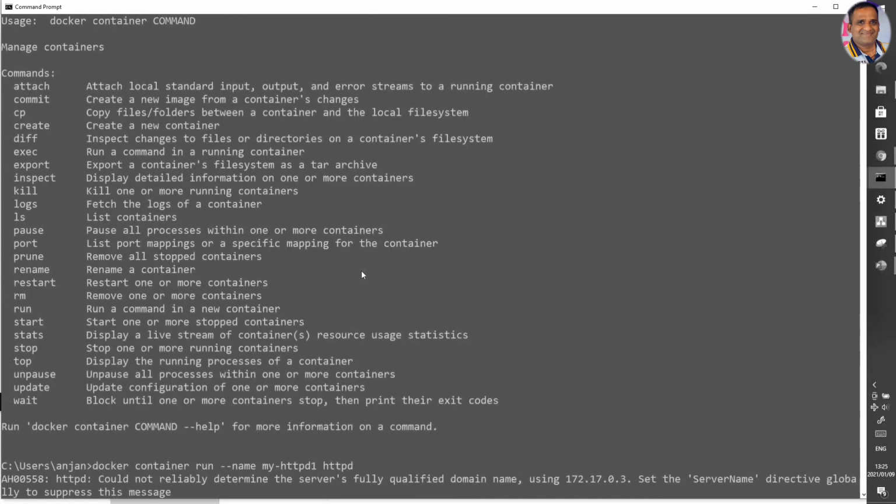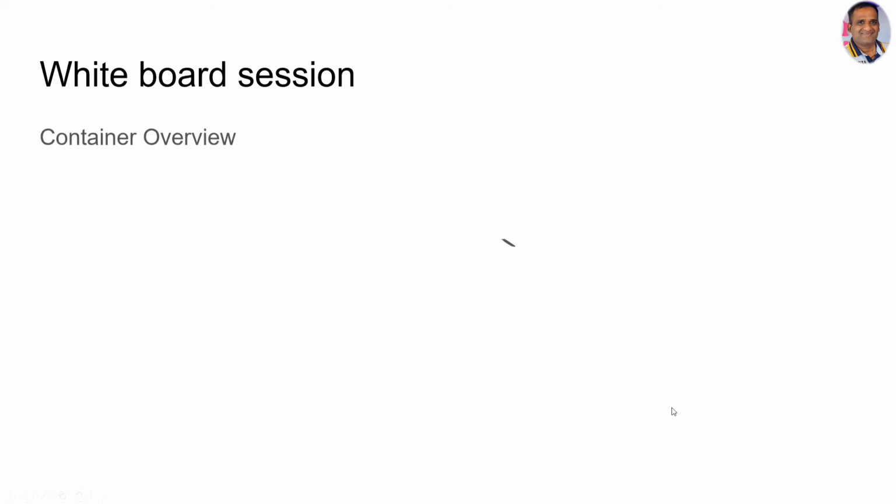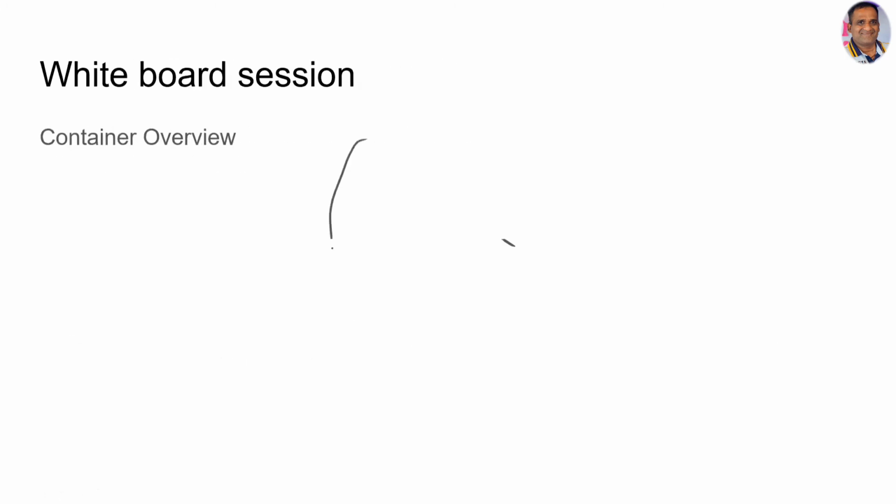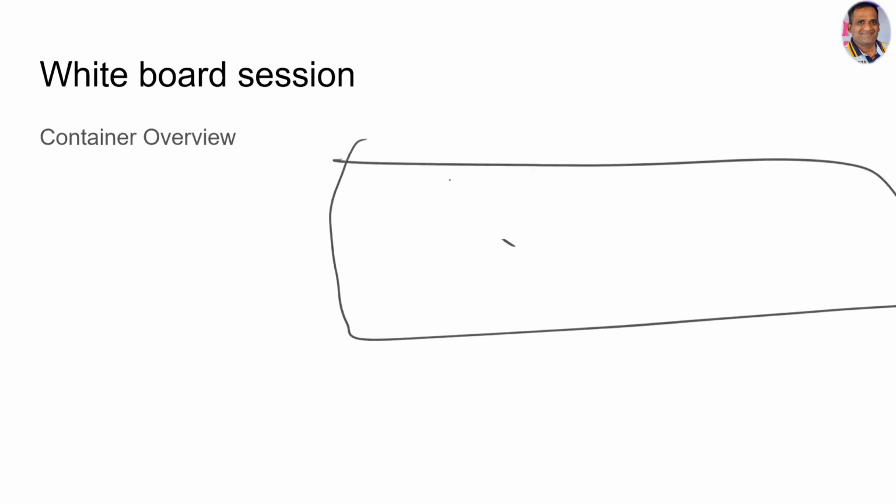Now see, the commit means, whenever we create an image, let's do the whiteboard explanation. Whenever we create a container, this is the host.